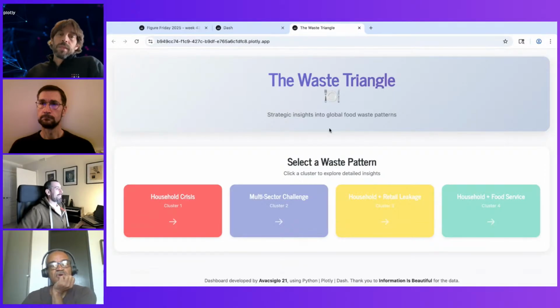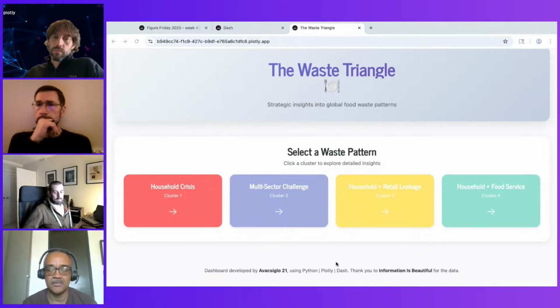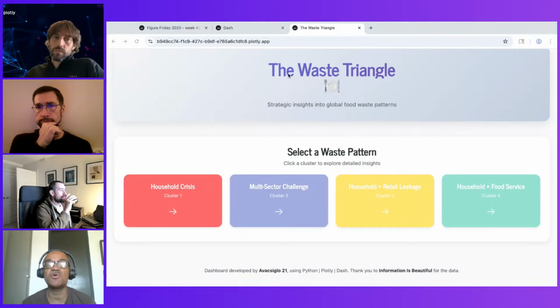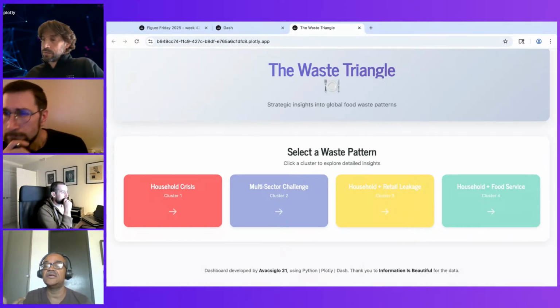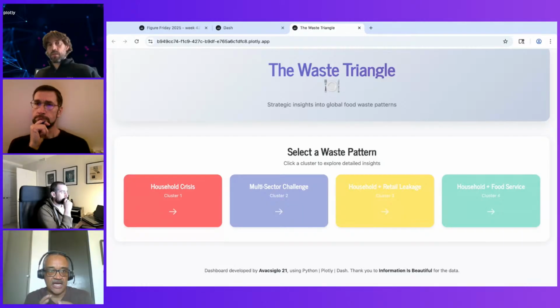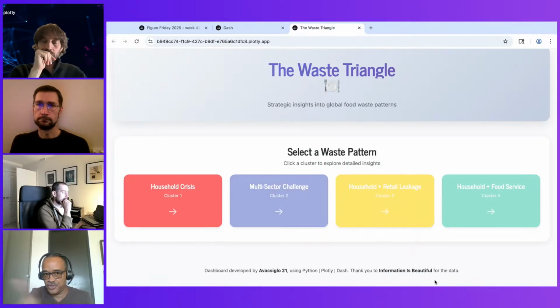Okay. Starting from here, this time I built a map called the waste triangle, based on the three types of waste we have here: household, retail, and food service. First, I made clusters. I identified 4 clusters. I shared in the forum exactly the script about the clusters. Then I decided, for these 4 clusters,